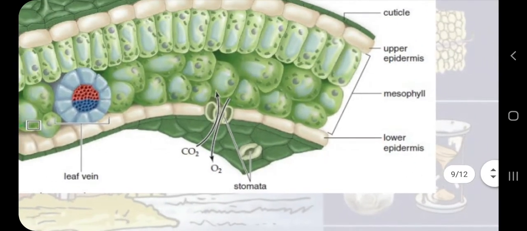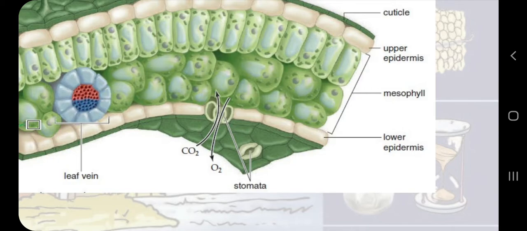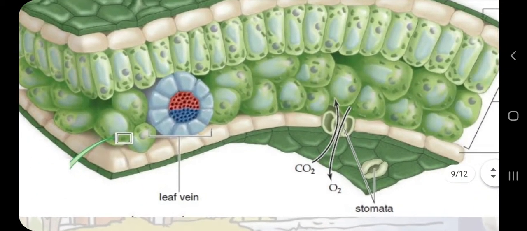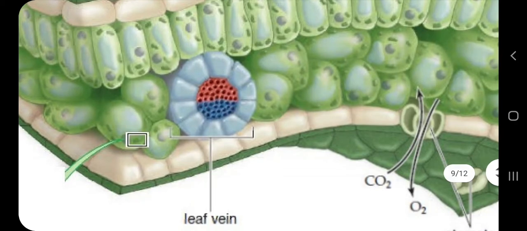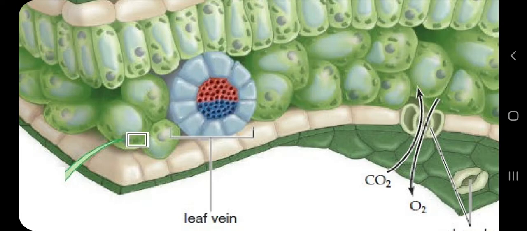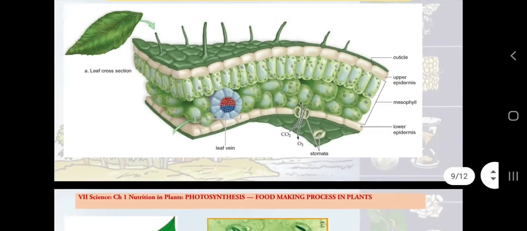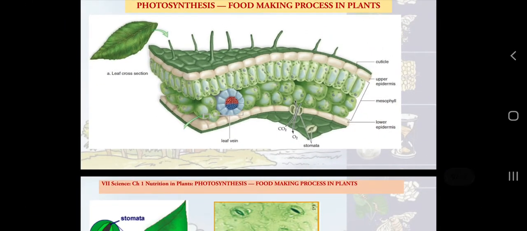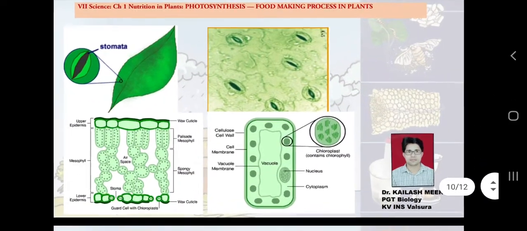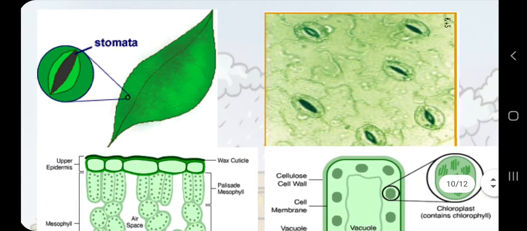after photosynthesis. So mesophyll cells, you can see, are the cells having chloroplast, and here the blue and red tiny pores you can see are the vascular bundles from front view within the cells. These are actually veins in the leaf. You have studied veins in the leaf in class 6th. So these structures help in photosynthesis.